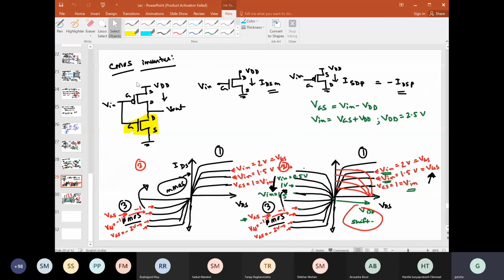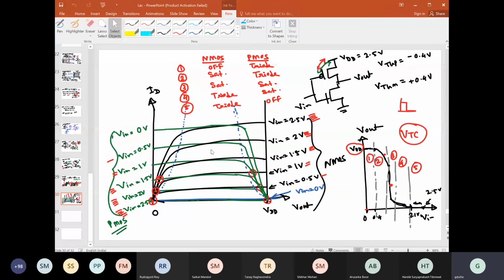So this is the overall CMOS inverter circuit, how it looks, and we have seen how to get the voltage transfer characteristics from this. We first explained it graphically, from the output characteristics of this NMOS and PMOS, and then flipped it and shifted it. We got this, and we saw the intersection points, why this is coming like this. From here we understood how the VTC, or voltage transfer characteristics, of this CMOS inverter will look.